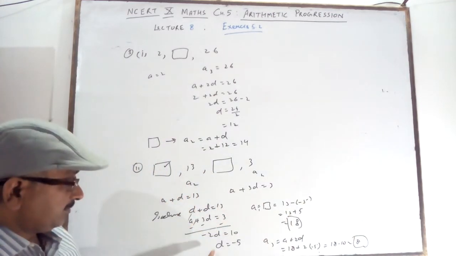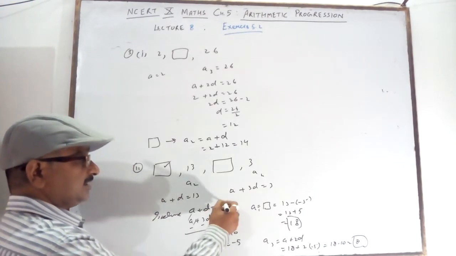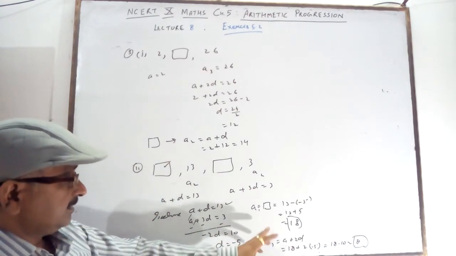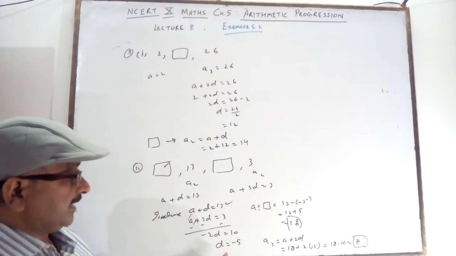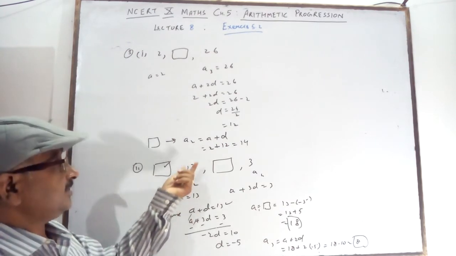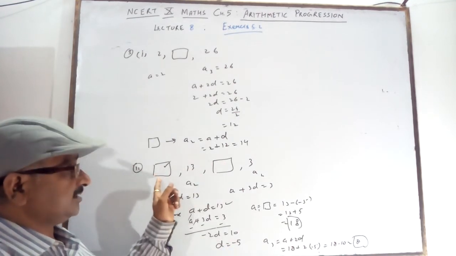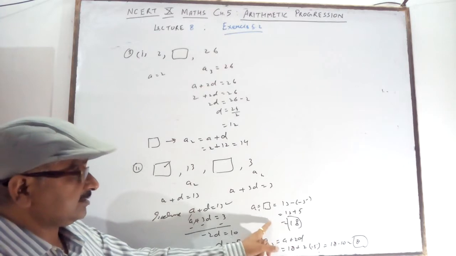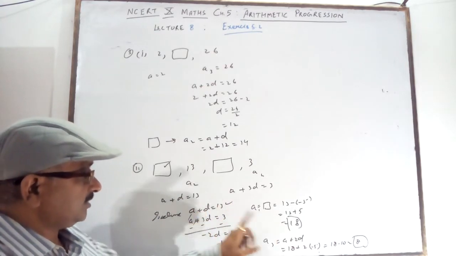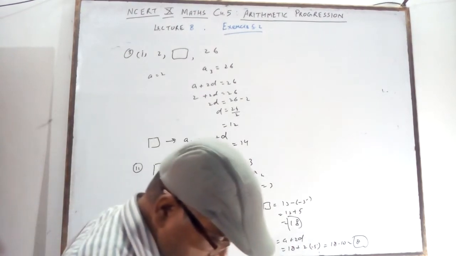Here, by putting D you can also get A, by solving the linear equation in two variables. If D is -5, it means D will be removed from here. But 13 minus D means 13 minus into minus, plus D, you get 18. Both options are there. You can get it directly, or put A minus 5 on that side, D minus 5, and then it will be 18. The third part is given.